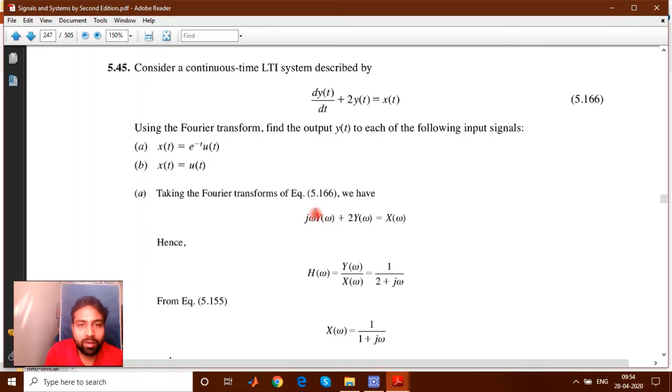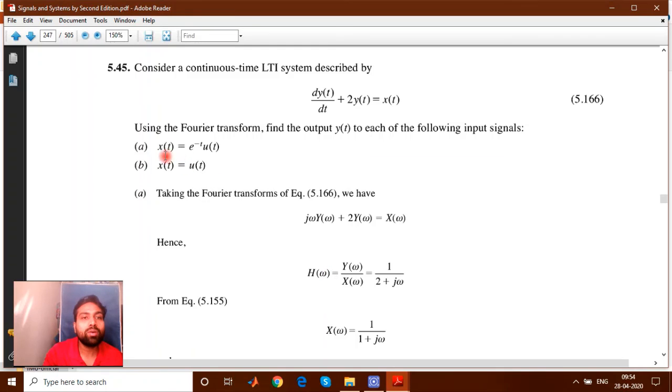What is the target to find out? The target is to find out this Y(omega). How can we find out this Y(omega)? This Y(omega) can be found by having H(omega). How can we get that? Finding this H(omega) relationship, it means this H(omega) is nothing but the response of a system, Y(omega) upon X(omega). This is now finally the H(omega). So by multiplying anything with this H(omega), as I have told you, in the frequency domain, if you want to know Y, you have to multiply H with X.